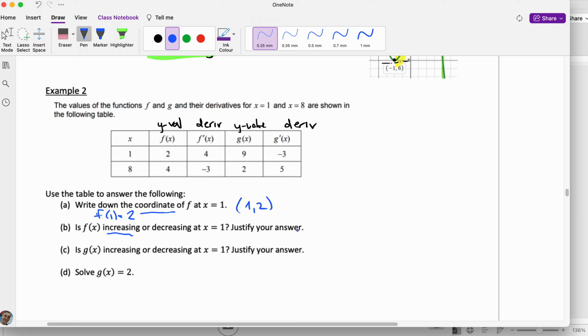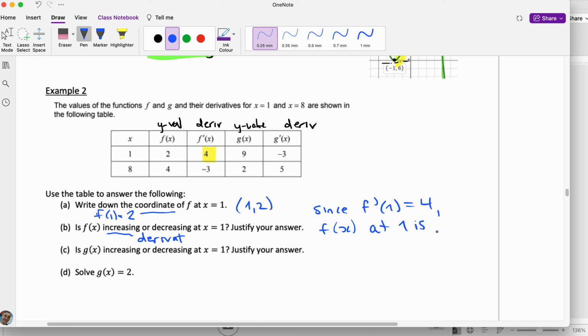Okay, is the function increasing or decreasing? As soon as you hear those words, then that's your alert to look at the derivatives. So let's look. F prime of x at 1, is the slope positive or negative at 1? Okay, it's 4. Okay, so what we can say is, since the derivative at 1 is 4, what that means is that f prime of x at 1